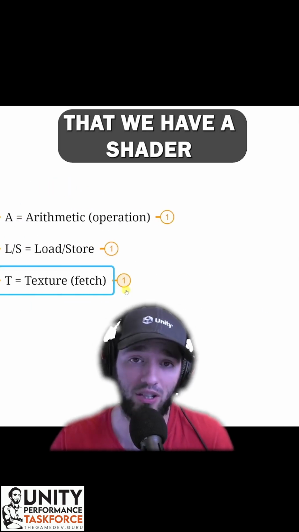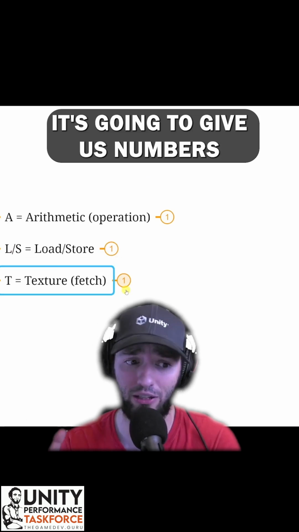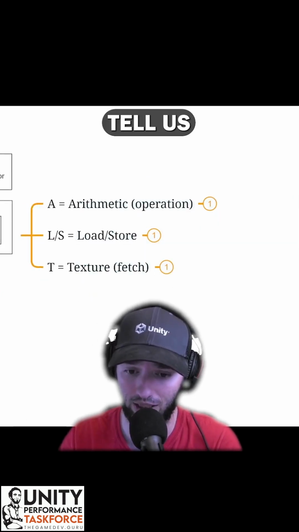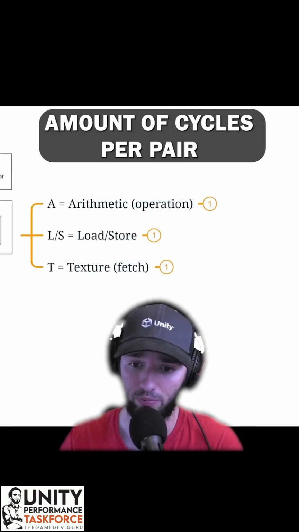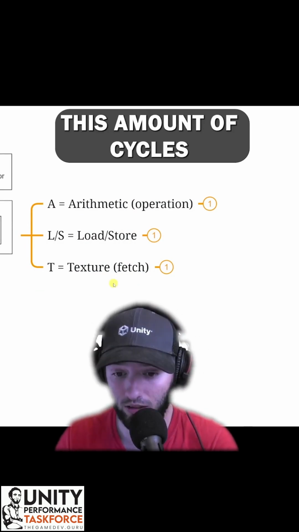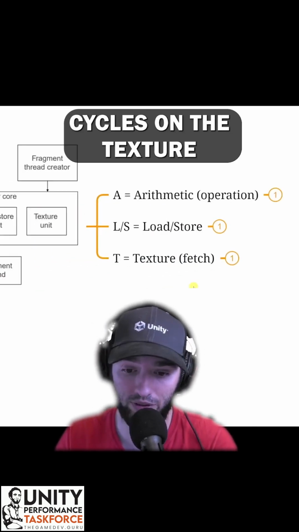So every time that we have a shader and we give it to the Mali offline compiler, it's going to give us numbers, and it's going to basically tell us: your shader is taking this amount of cycles in the arithmetic logic unit, this amount of cycles for the load store unit, and this amount of cycles on the texture